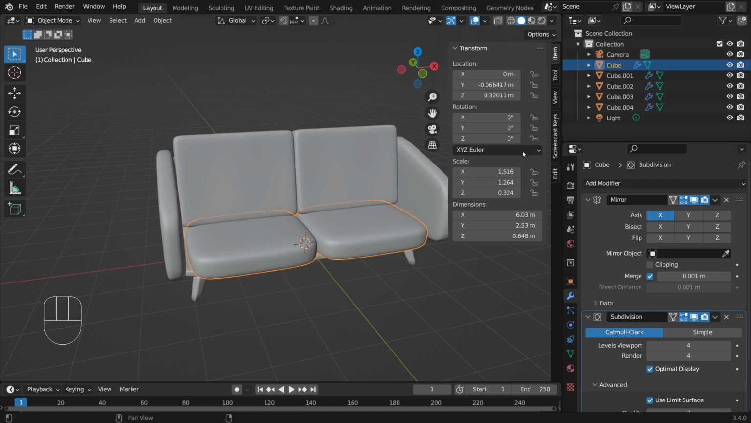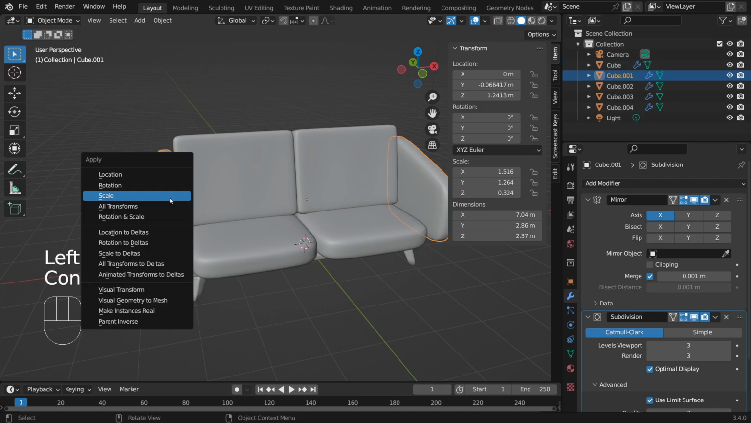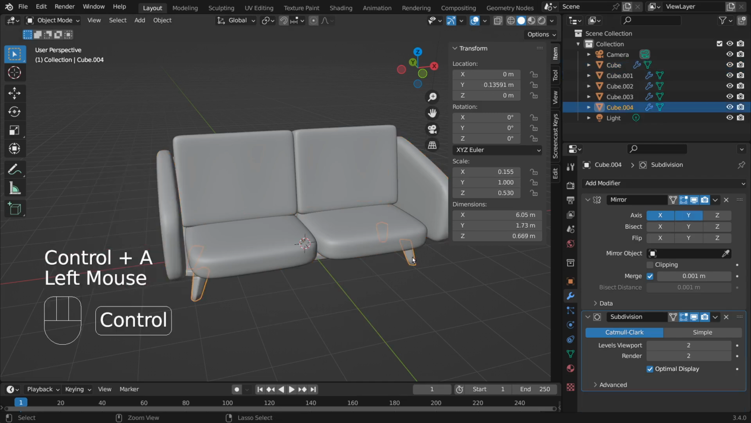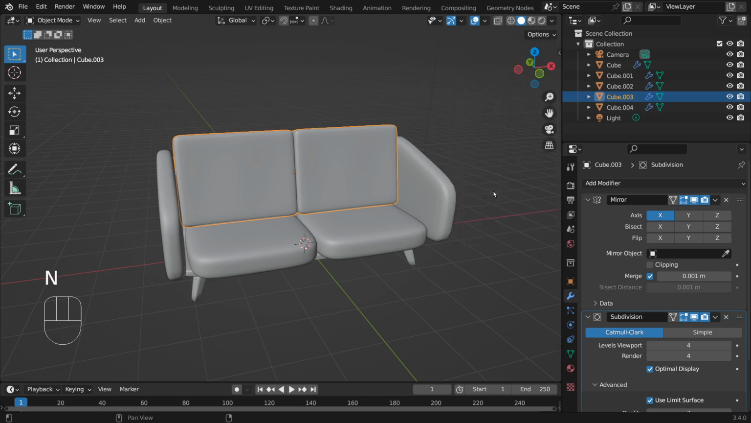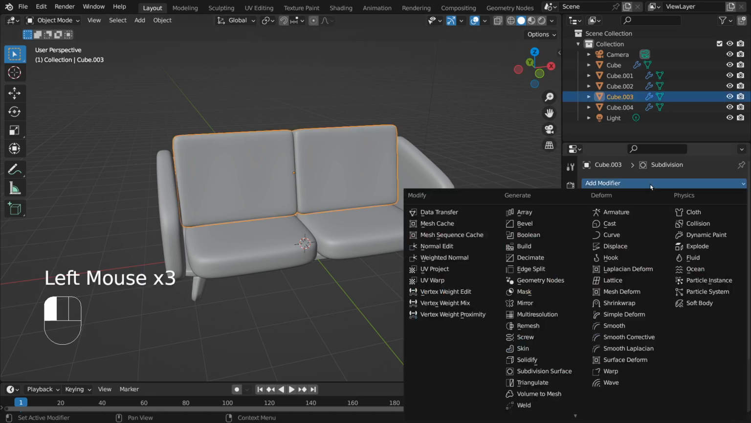Okay, so you can choose all sorts of things and Control A to apply the scale, apply location, rotation, something like that. But yeah, you got the idea. Okay, so remember you need to apply scale first and then use the modifier later. This is a good habit of mine. Okay, so you choose add modifier, and then I think I'm going to use a